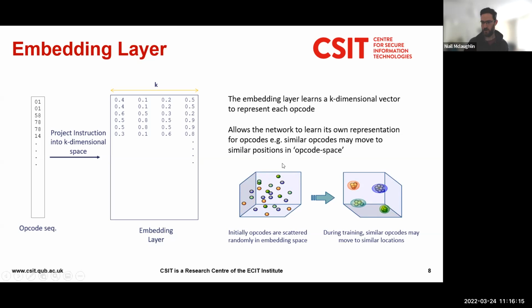So what we're saying is that when we start learning, they're just all random. As we train our network, gradually what we find is that instructions with similar semantics, with similar meanings, will somehow move closer in this representation space, this embedding space. At the end, we would expect instructions which have similar meanings to be close in the embedding space, and instructions which have very different meanings to be very far away in the embedding